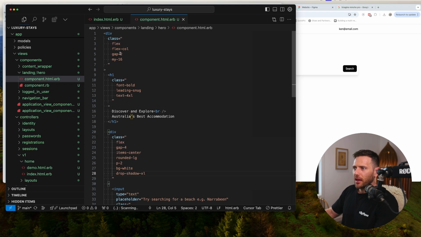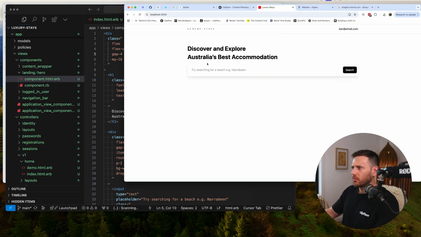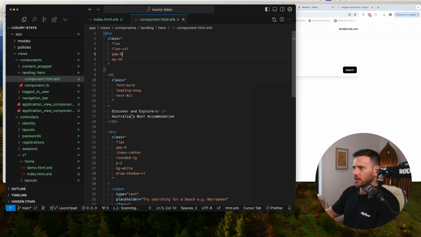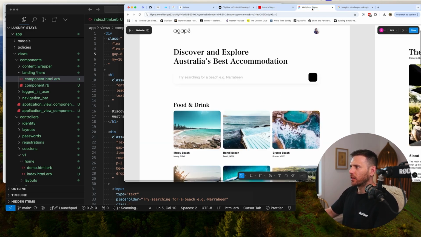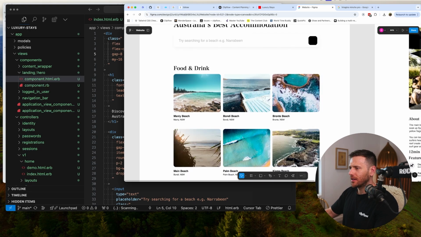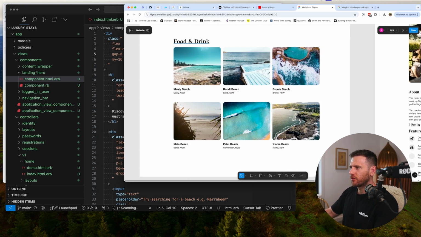All right, so we got that. Let's make the gap 4 here to push that out. Probably even more, to be honest. Probably need about an 8. There we go. All right, so that looks pretty similar. Obviously we need to figure out the icon there, and we need to get our font right, but we're getting there. The next piece that we can throw together quickly before I end it is probably just this kind of